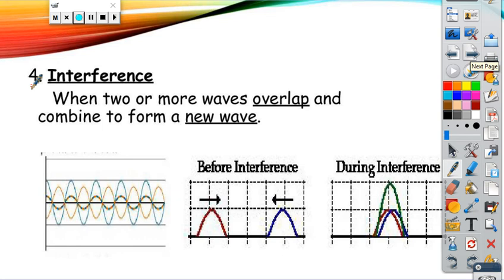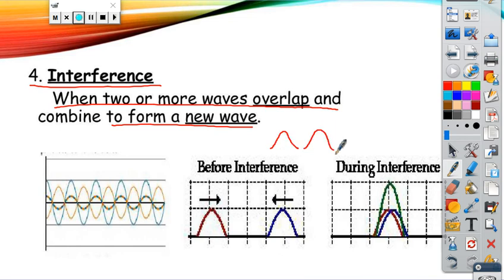The fourth type is interference. Now, this one's pretty interesting. You can have constructive or destructive interference. Constructive means to build up, like when two waves combine together. So when two or more waves overlap to form a new wave. So let's say that we have one wave going this way and another wave going this way, and they end up combining. They would create a larger wave. Okay, so that's only if you have them going in the same direction at the same speed.